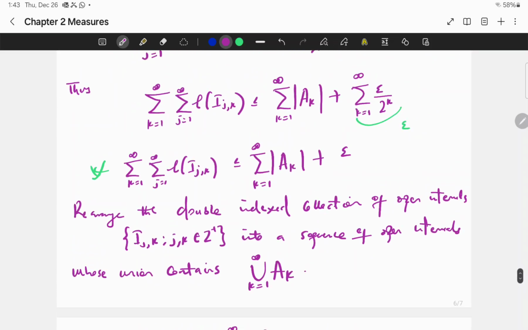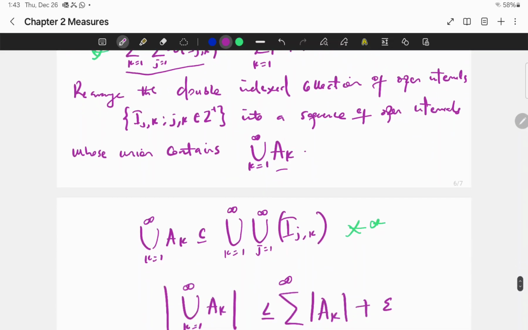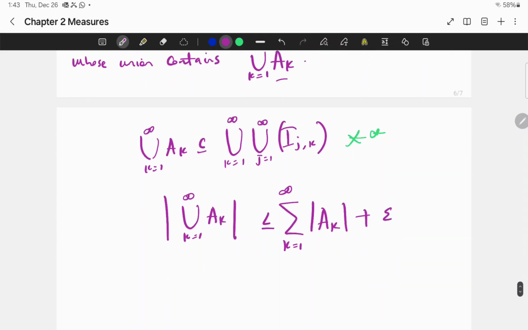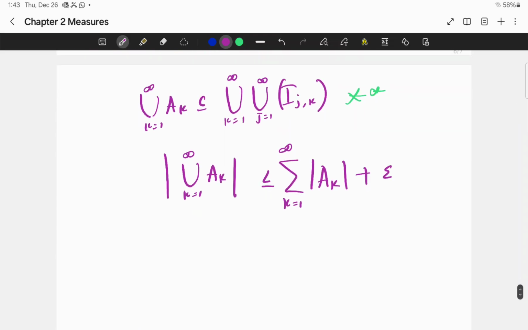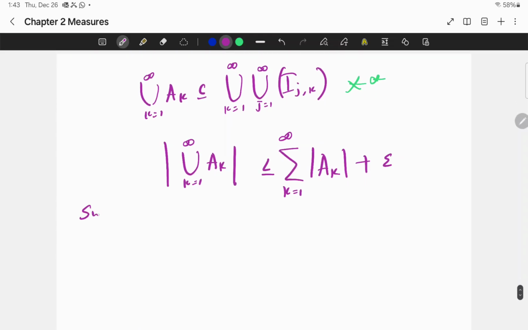And that is that. So what we just did is rearrange this double indexed collection of open intervals as a sequence of open intervals such that they contain this set. So if they contain it, then the outer measure of this set will be less than or equal to that sum. So since epsilon is an arbitrary number,